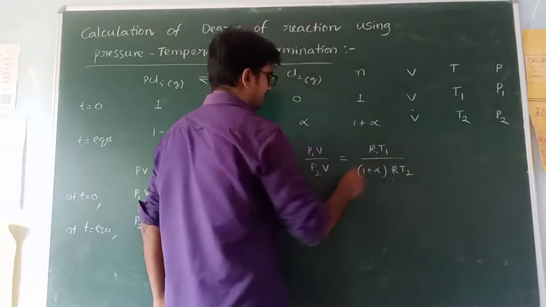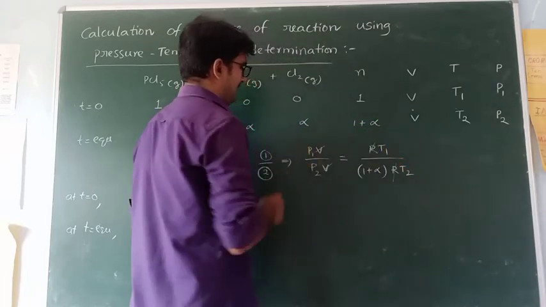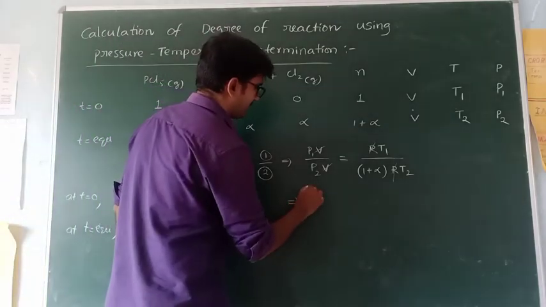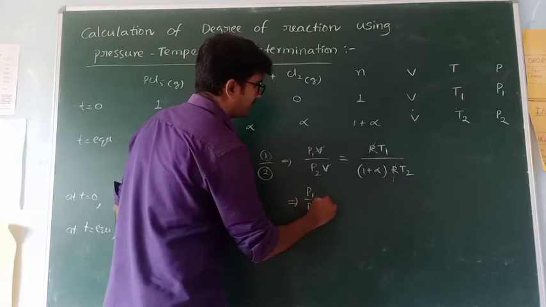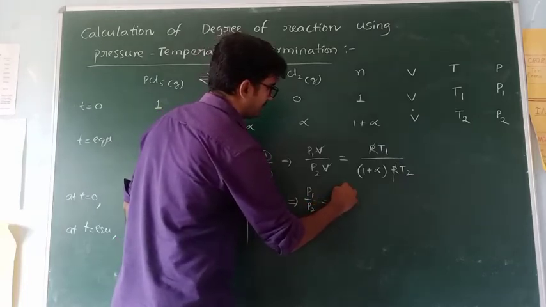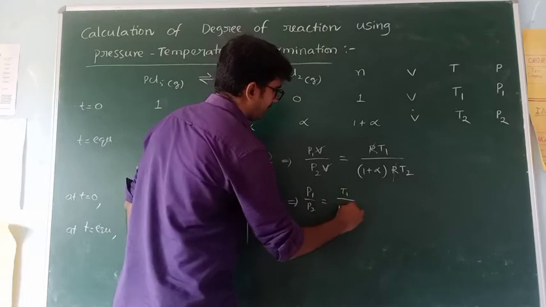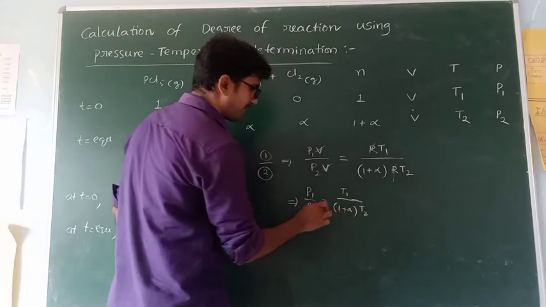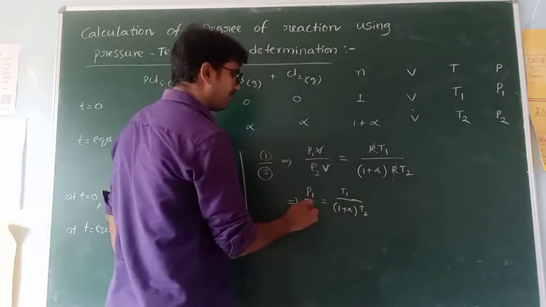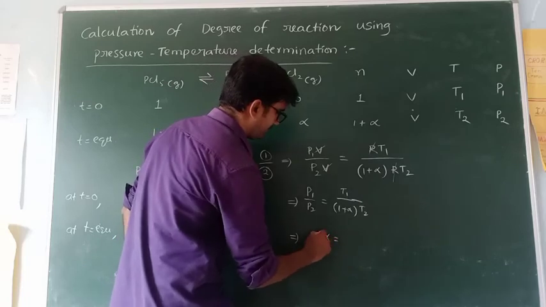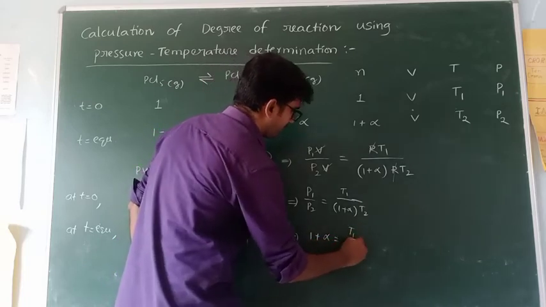Here R cancels, here V cancels. Simply, P1 by P2 is equal to T1 by (1 plus alpha) into T2. This 1 plus alpha moves to this side, and this P1 by P2 moves to that side. Then 1 plus alpha is equal to T1 by T2 into